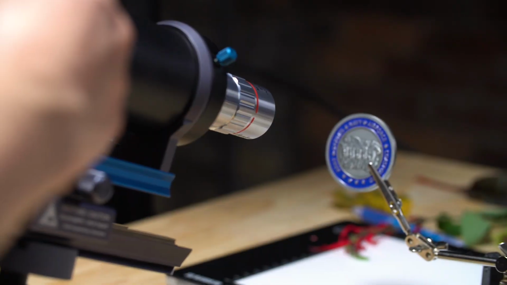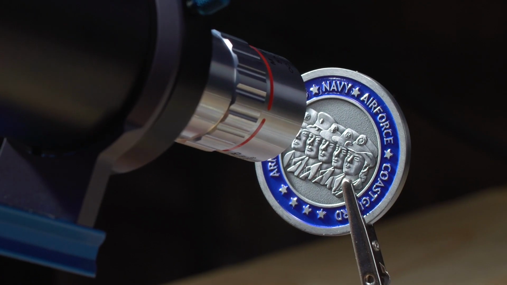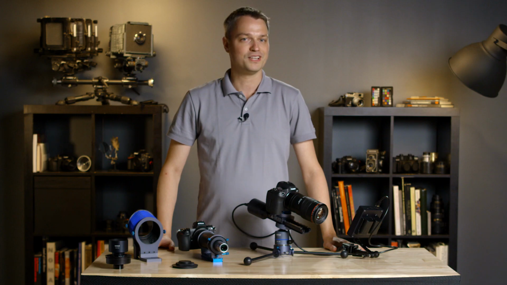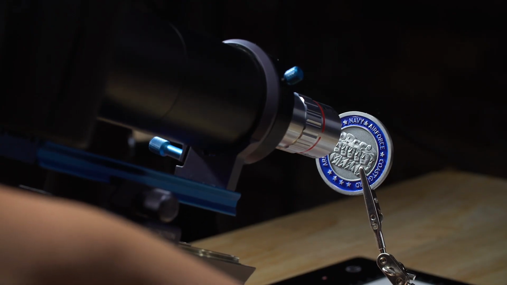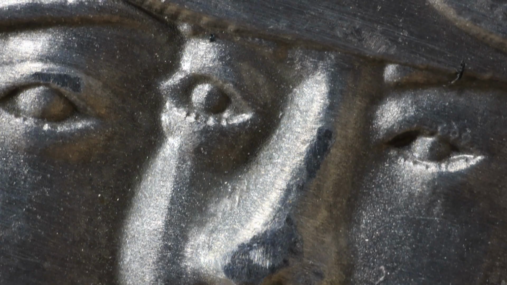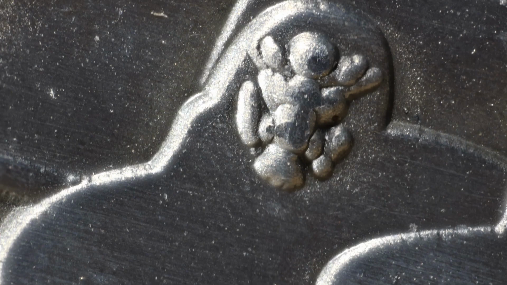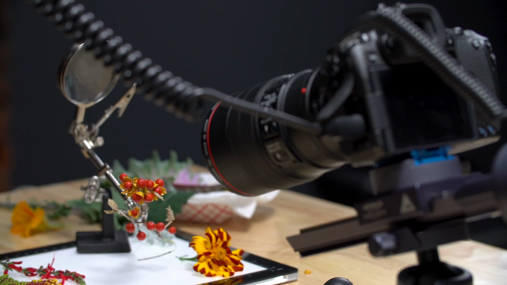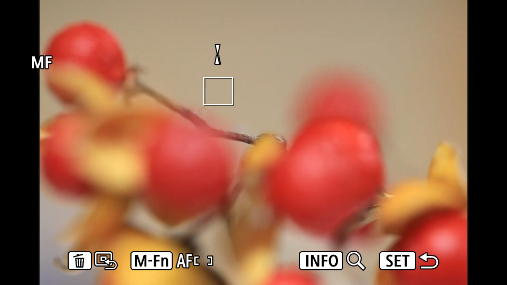The answer to this problem is focus stacking. Focus stacking means taking multiple images of the same object at different focal points and assembling them using software so that the final image achieves focus throughout the image. Focus stacking requires very precise camera movement when capturing the various focal point photos.